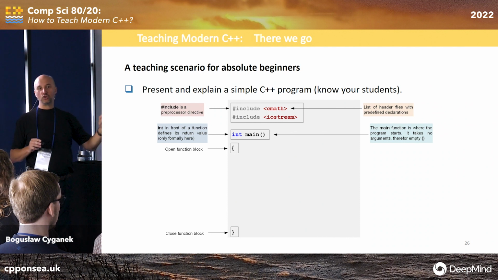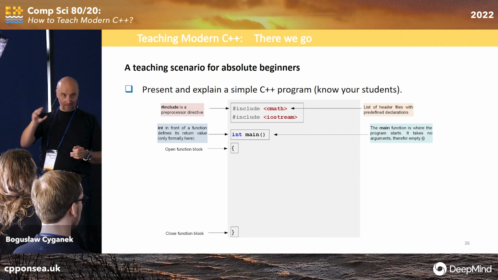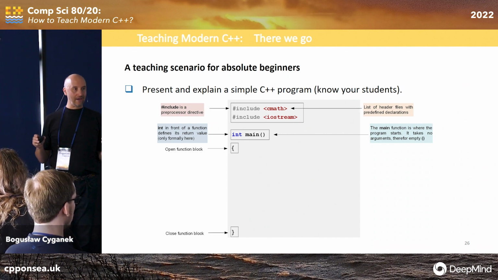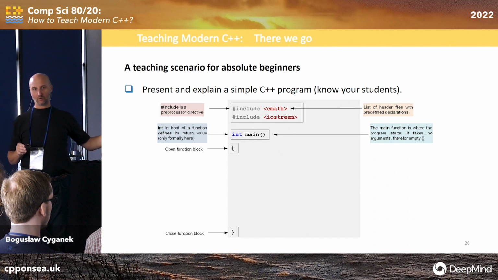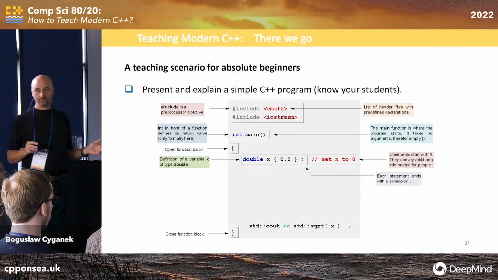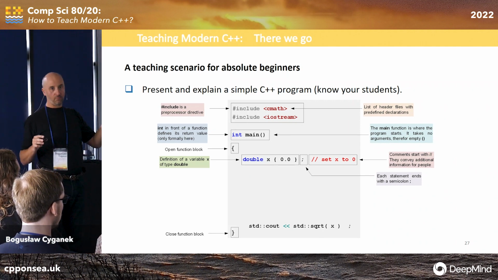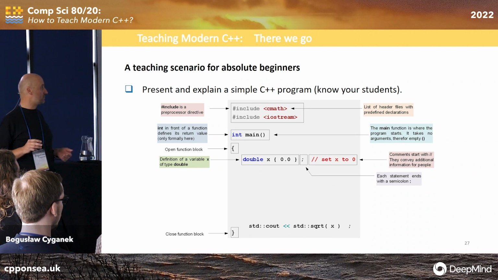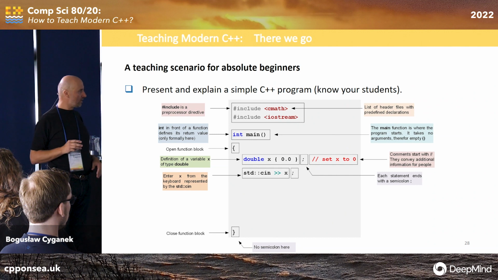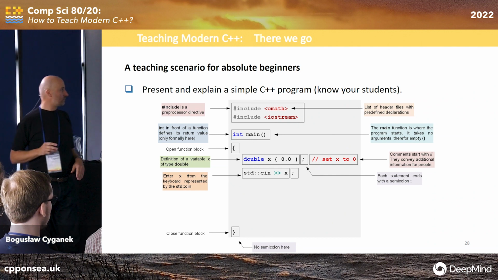Explain everything. It is good to write this on the whiteboard, because you start with something and go this way. People observe how you behave, not just that this is the program, compile it. Then you can add a variable, an object. Usually we stop with double and int at this point. But show initialization, show we need a semicolon at the end of a statement, but no semicolon at the end of the function.